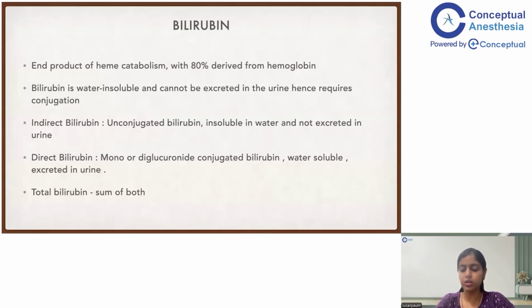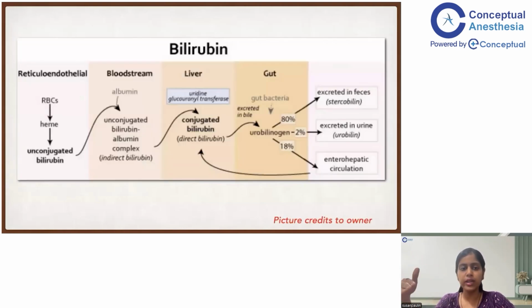So the total bilirubin is a sum of the both. A quick revision again of the bilirubin metabolism, where you have the breaking down of the RBCs, release of heme, and the production of the unconjugated bilirubin. This then gets attached to albumin and is carried in the bloodstream to the liver. While it is in the bloodstream, it forms this complex, the unconjugated bilirubin albumin complex, which is picked up in your indirect bilirubin test. Then it goes into the liver where the enzyme action happens, the conjugation process happens,